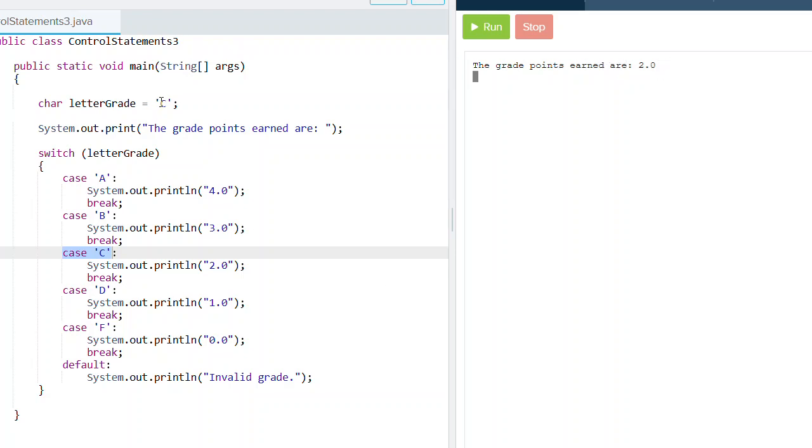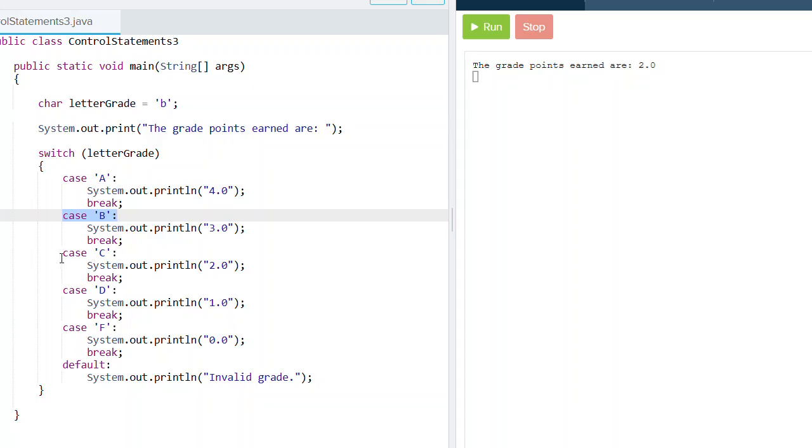Okay, so let's do this. Let's watch what happens if I put a lowercase b. So I put a lowercase b into letter grade. Then I have this reference to letter grade, and I'm going to replace it with what's stored in there, which is a lowercase b. So letter grade is a lowercase b. I come in here, it says case uppercase A. No, a lowercase b and an uppercase A aren't the same. Move on to the next case. This is an uppercase B. Okay, lowercase b and uppercase B are not the same thing,